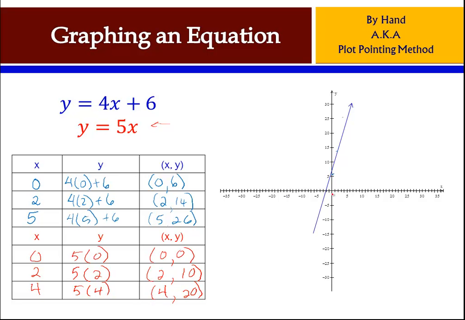This time we get 0, 0, 210, and 420. And so drawing in the second line, y equals 5x, by plotting these points, I get,